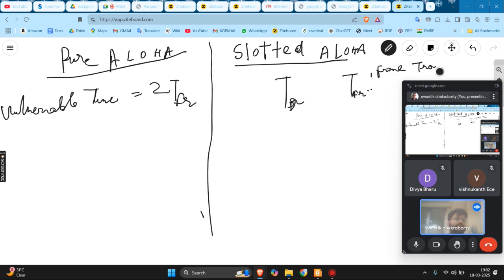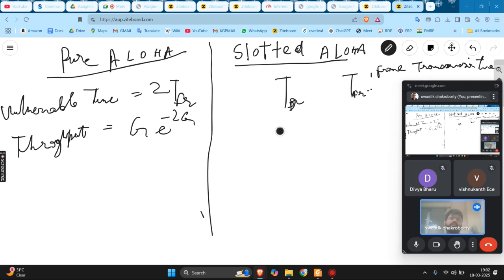Next, after vulnerable time, is throughput. Throughput is G e to the power minus 2G, and here it is G e to the power minus G, where G is the